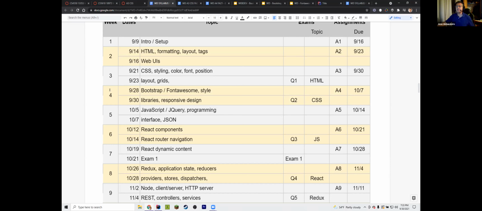Okay, so let's get back to Bootstrap. Next week we're going to start introducing JavaScript as the programming language of the web that is going to allow us to dynamically generate content. Right now, all the content that we've been using has been just static. It just looks one way and that's it. The closest thing to dynamic content that we've seen so far is the